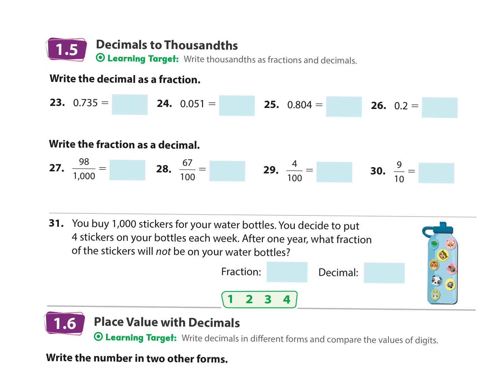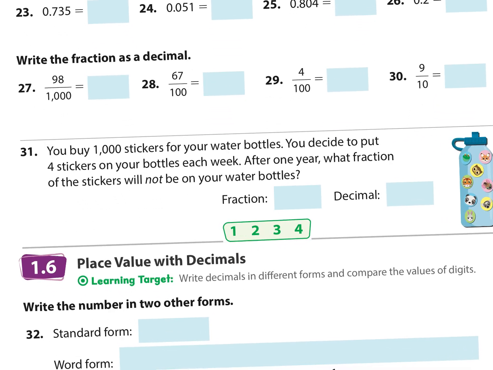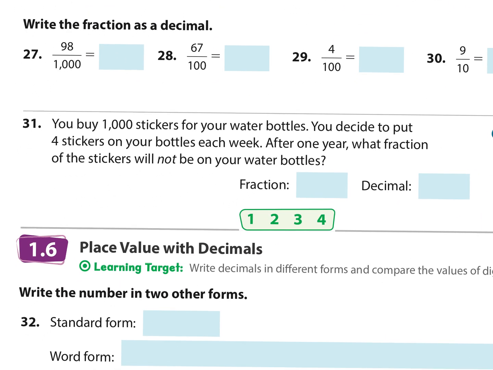31. Okay, it says you buy 1,000 stickers for your water bottles. You decide to put 4 stickers on your bottles each week. After 1 year, what fraction of the stickers will not be on your water bottle? So not is italicized because it wants you to notice that we are going to have to do an extra step. So the first thing that I want to do is figure out, if I'm doing 4 stickers on a bottle each week,